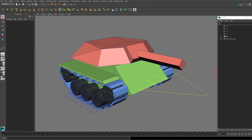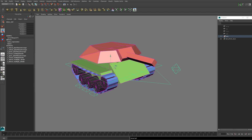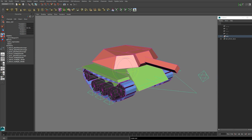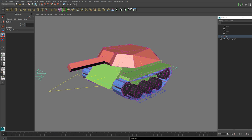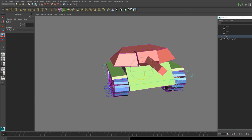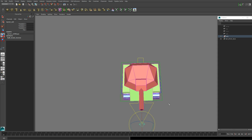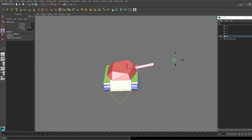Alright guys, this is a tank rig tutorial for Maya. I'm going to show you how you can set up your wheels and treads so that they can move in sync with wherever you drive your tank. I'm also going to show you how you can set up a hull suspension system so you can shift the weight of your tank, and a very reliable, no flip, no fuss turret system